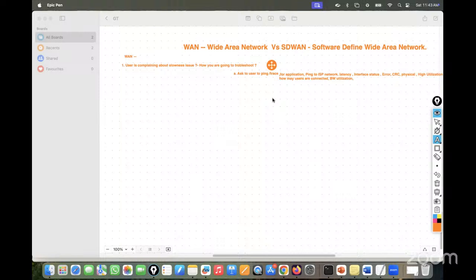Definitely, you are going to check the interface status. That's the most important. Do we have any errors, CRC, overruns, right? You're going to check the high utilizations, because based on the utilization you come to know whether it is a problem. If you have a 100 Mbps circuit and it is going to more than 90% utilization, definitely it is going to give you slowness, so that also you are going to check. And most important guys, after checking all this, ping, trace, utilizations, bandwidth, interface, everything,